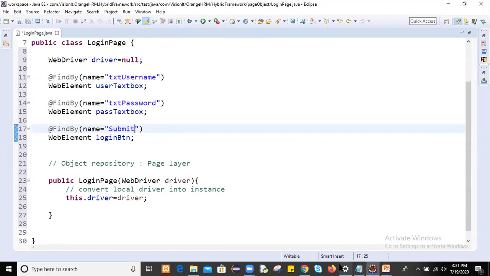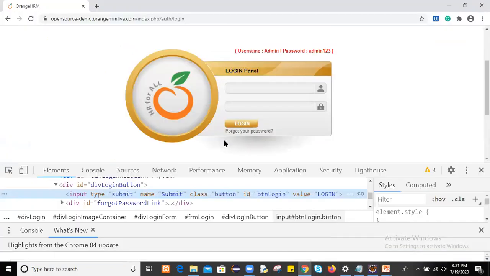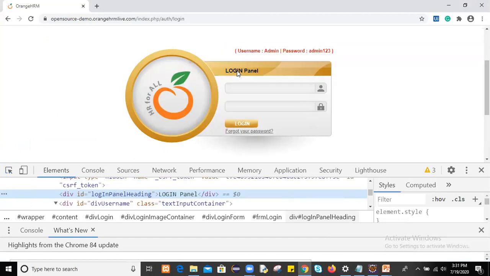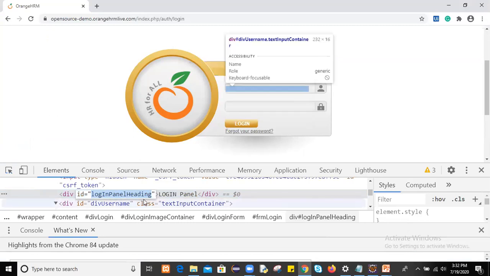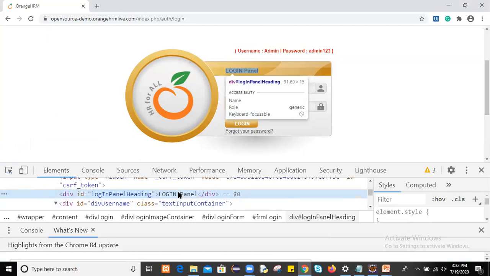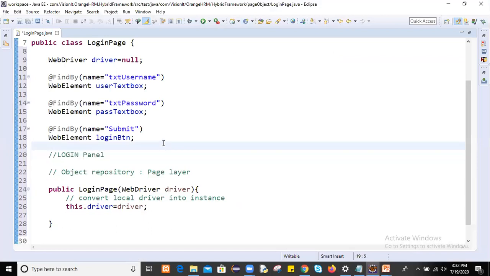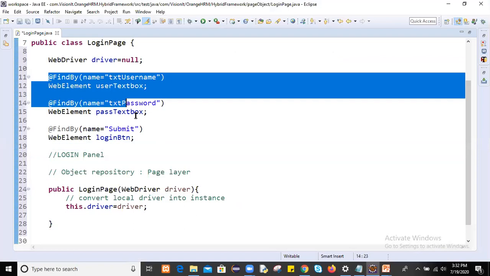Then after that, guys, if we are not able to log in successfully into this page, we can see this login panel, where id is equal to login panel. We'll find, so we can display this login panel on this page source or not. This will be required in future when we do some validation. So how many objects have we captured? Three objects we have captured.